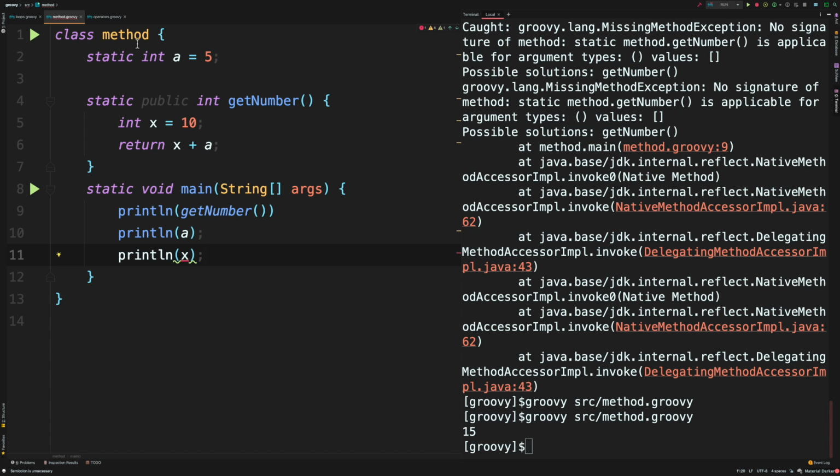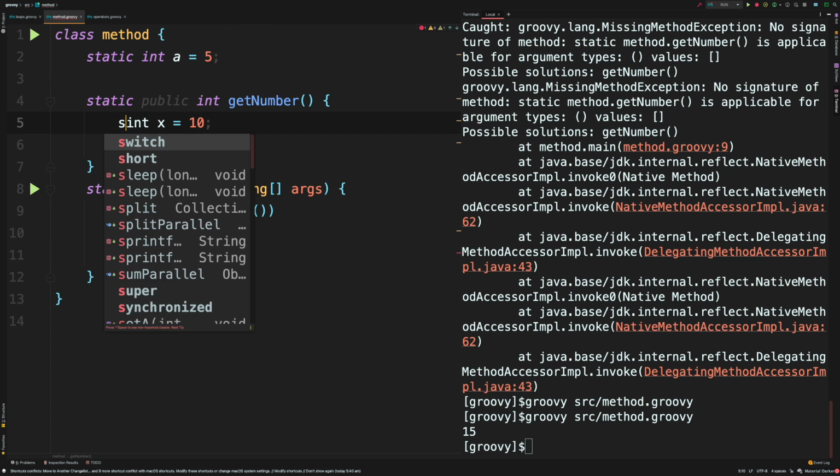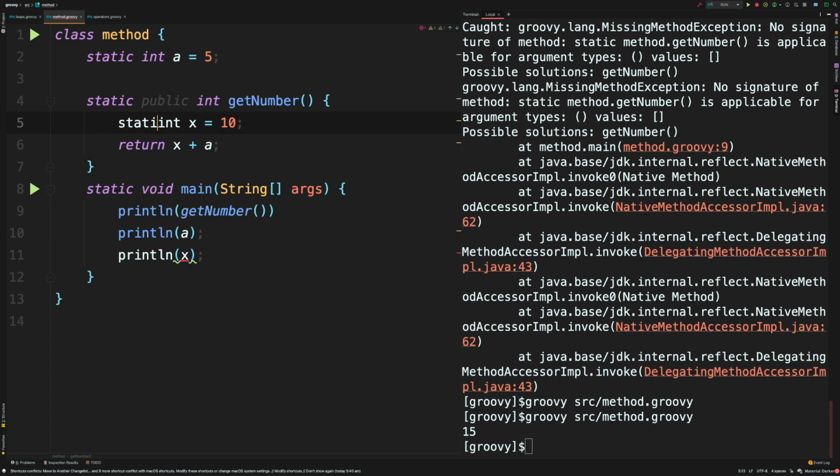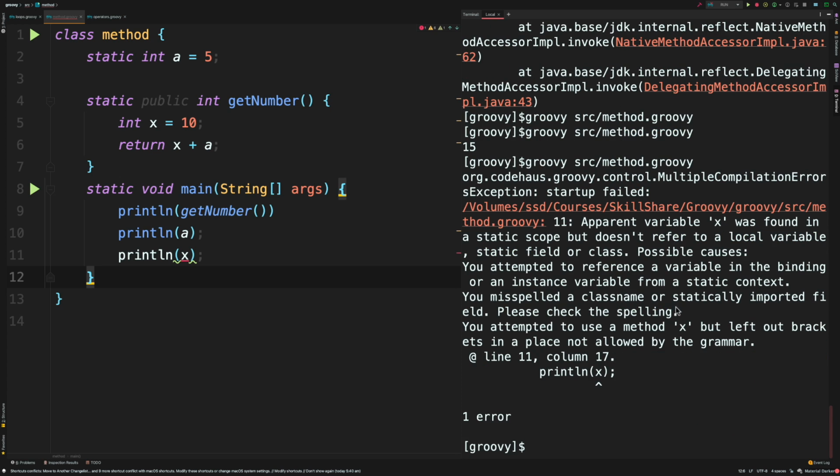Now this one is defined within the function, and this one is defined outside the function. Even if I add a static keyword, which is actually not allowed within the function, it says variable cannot have modifier static. Okay. So if I run this code, it's going to throw an error. It says this x it doesn't know about.